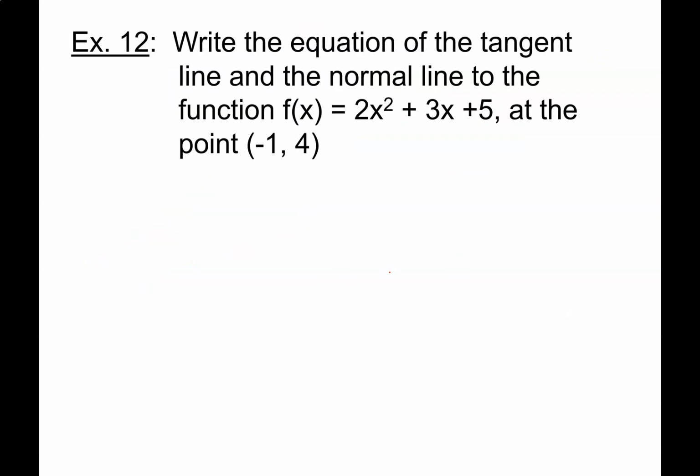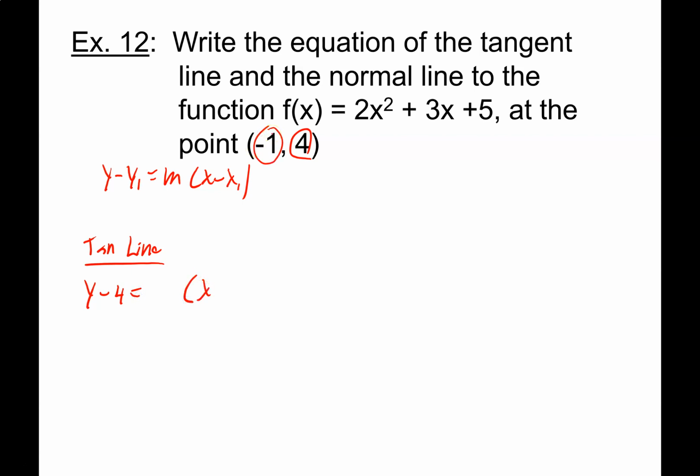Okay, I think this is the last example. I want you to find the equation of the tangent line and the normal line. Now here's the cool part. Again, it's y minus y1 equals your slope times x minus x1. So for the tangent line, that's going to be y minus, well, I got my y coordinate right there. Slope of the tangent, we'll get to that later. My x is -1, so minus -1 is +1. When I do my normal line,